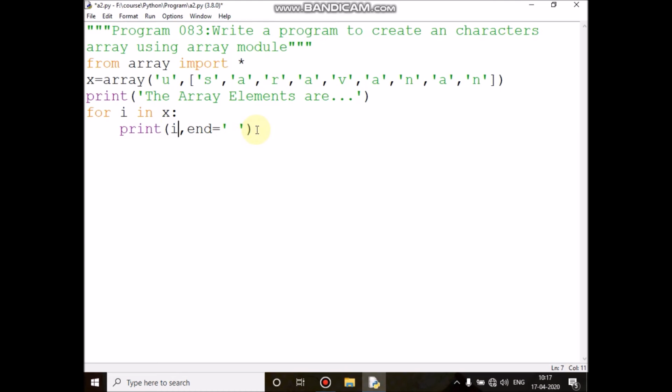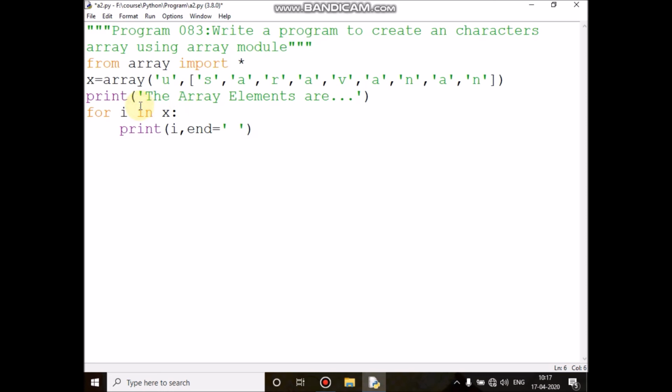After this blank space, the cursor will be there only. Then control comes here. It will move to the next character of x, that is B. It will print, then it will give one blank space, then the cursor will be there only.